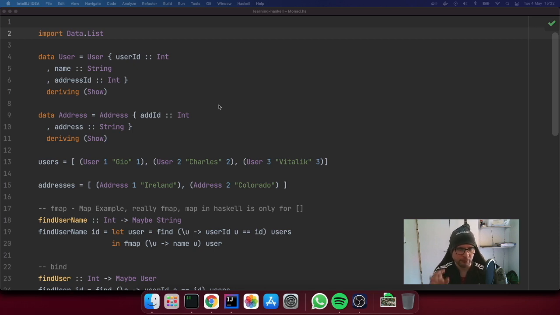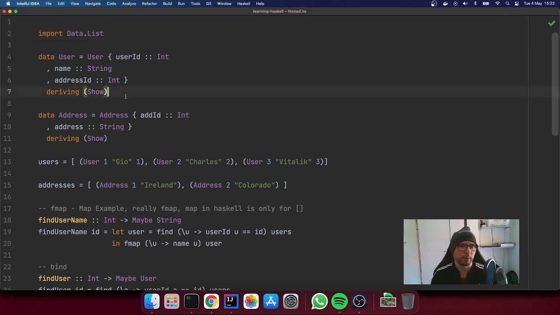We will start from a very basic example, and then we will make things a little bit more complicated and see how monads help us to compose multiple functions or multiple pieces of code of the same monadic value in order to make the code a little bit simpler.